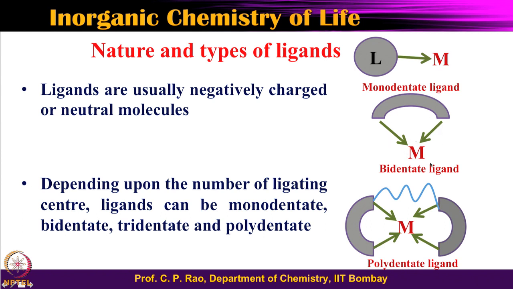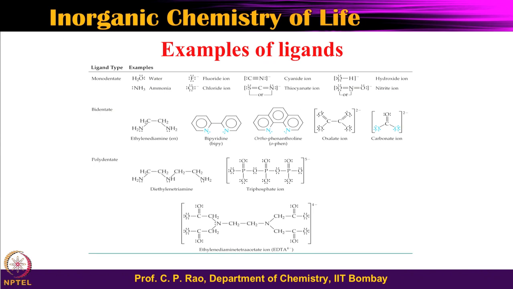So, therefore, it is called bidentate, or it could be connected by more than 2: tri, tetra, penta, and even polydentate. Okay. So, a ligand can be monodentate, bidentate, tridentate, tetradentate, a variety of things. A ligand could be neutral or anionic. And some examples, when you have some free time, you can sit and look into these ones.